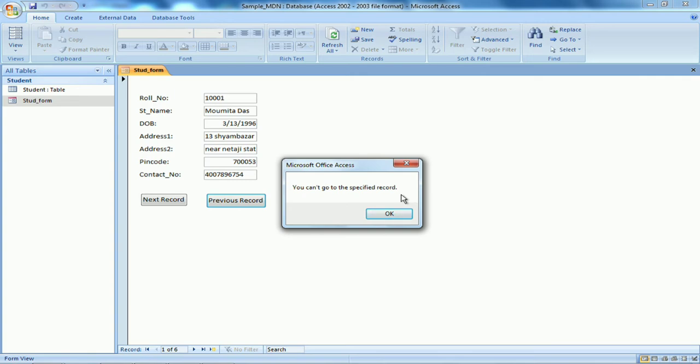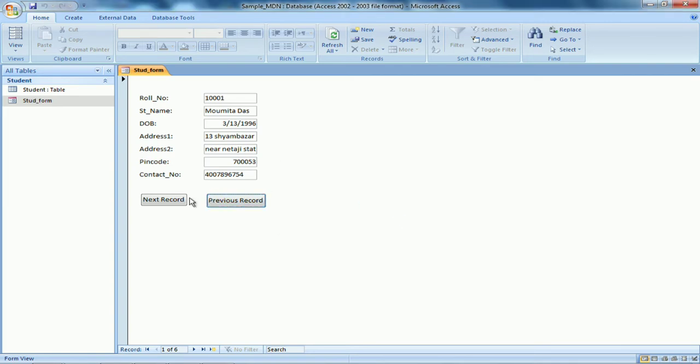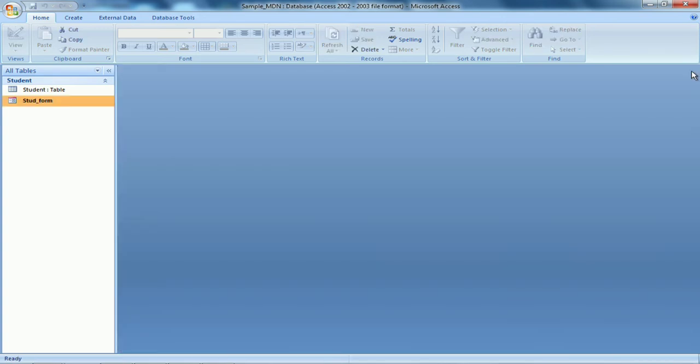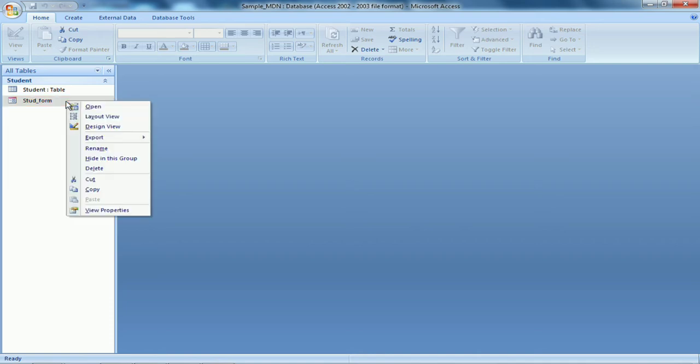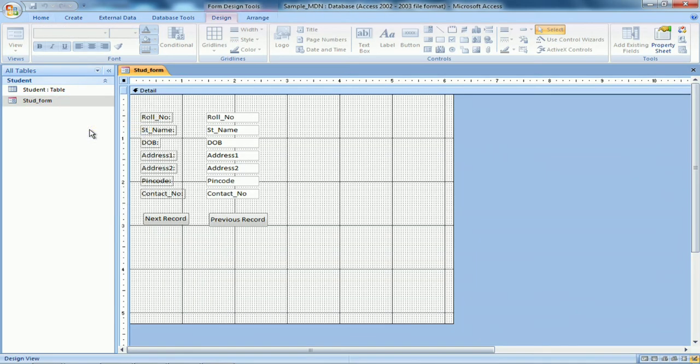But after the last record there is an option to enter a new record, that is why a blank form is shown where you can enter the records. That is why on next record a new form opens with all these empty text boxes. So I have placed 2 buttons as navigation buttons. Now let's close it.